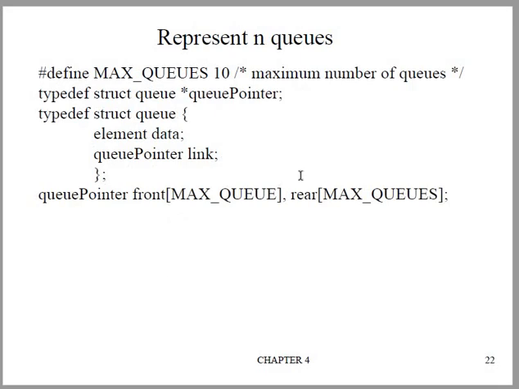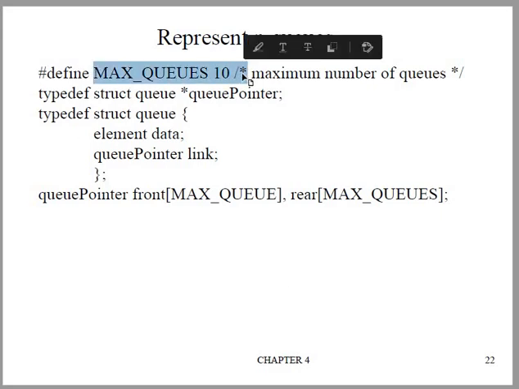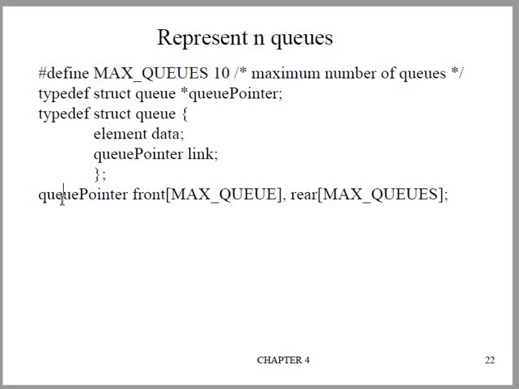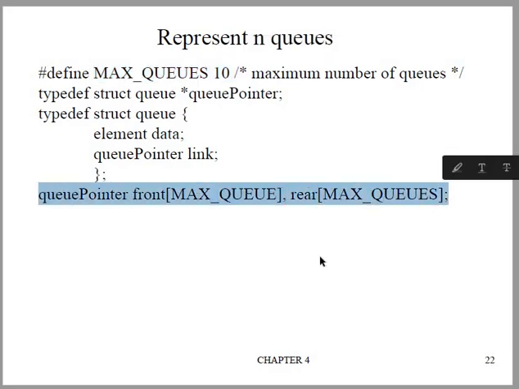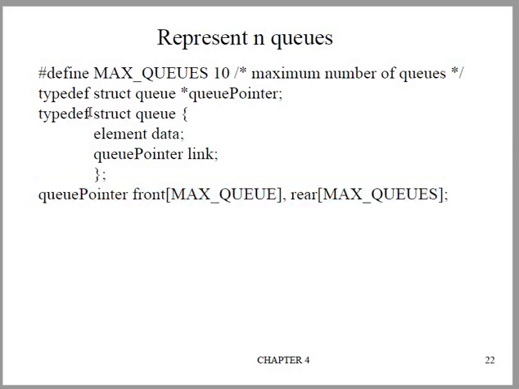Now how can you write code for queues? Okay, so you have to define how many queues you need. Similarly, that many front pointers and rear pointers you have to create. After that, within each and every queue we'll have the elements. The elements we are storing in terms of a linked list. So each and every node will have the data and the link to the next node.